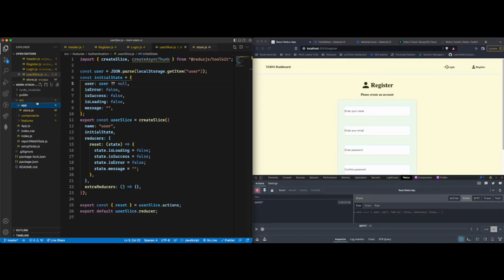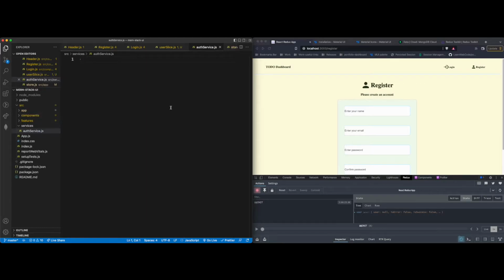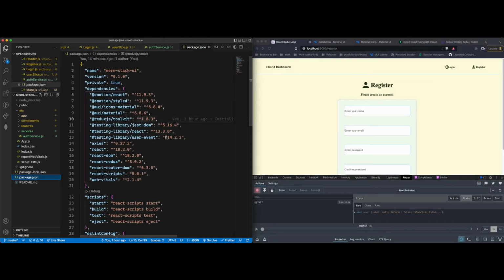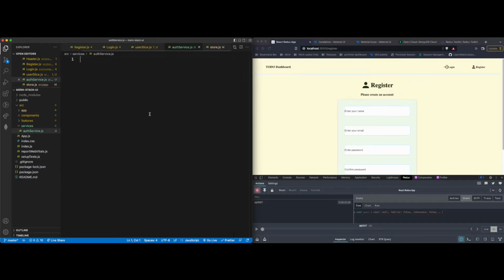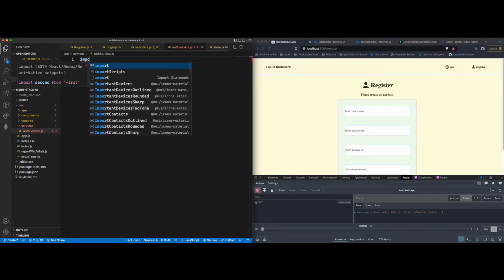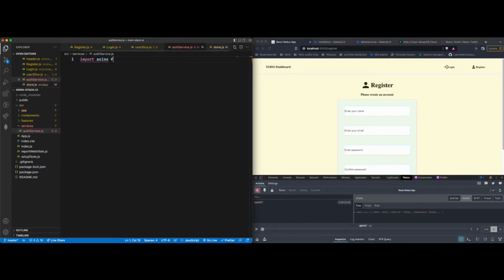So what I like to do is on your source folder, create a folder called services, and inside the services I'm going to create a file called authService.js. Over here we're going to need Axios first. So did I install Axios? Yes, I did. Okay, so I'm going to import Axios from Axios,